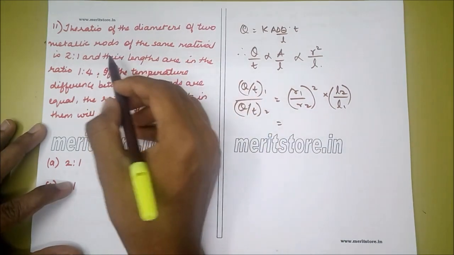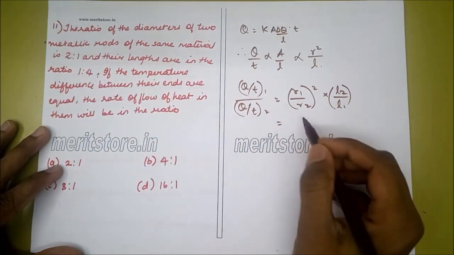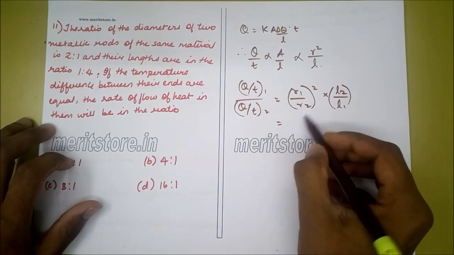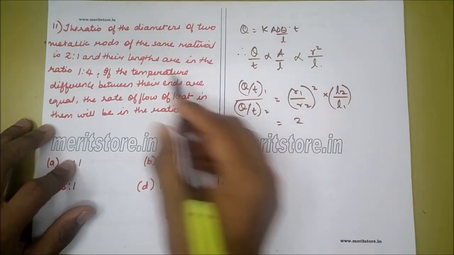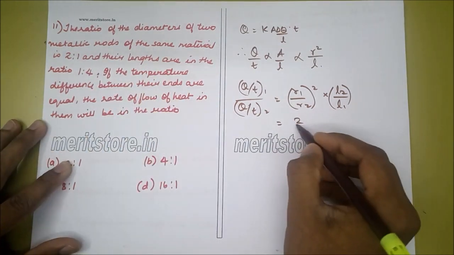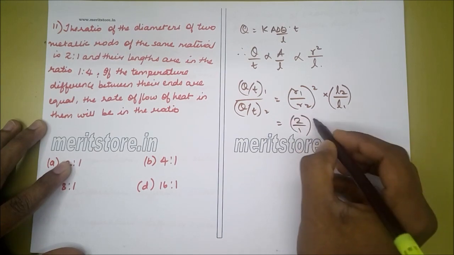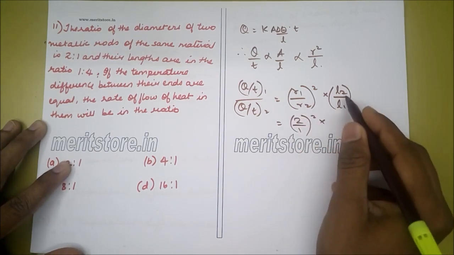Since diameters are in the ratio 2:1, radii also would be in the ratio 2:1. So 2:1 square into